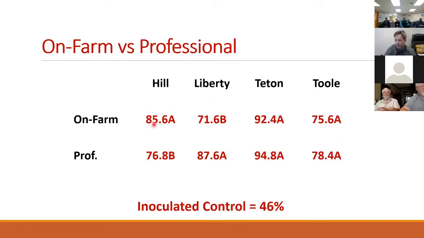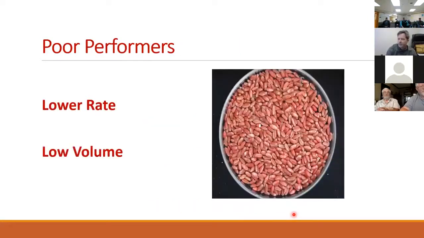So we're getting an average around 85% emergence and survival of seedlings for on-farm, and similarly for professional. Our inoculated control, untreated seed treatment had 46% survival. So the seed treatments work really well on controlling these things, and on-farm treatments, you shouldn't shy away from doing it on-farm. The cases where we had the low performers were